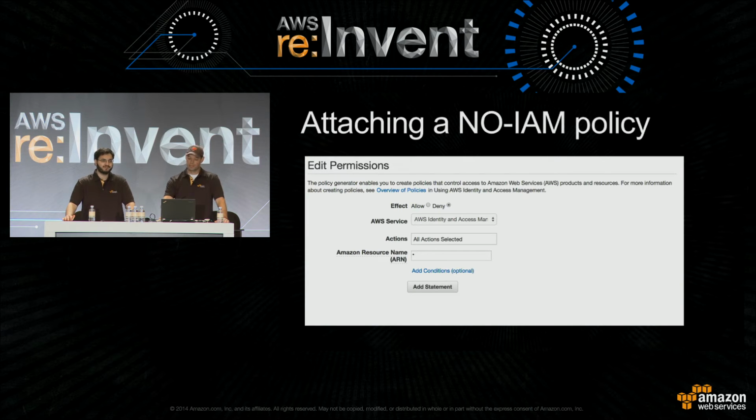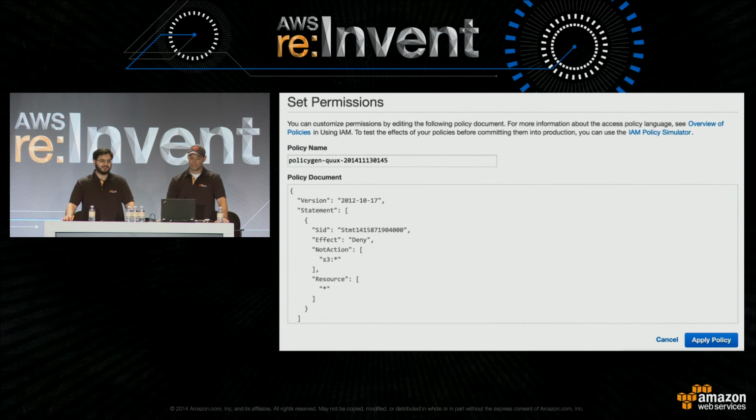And so the safest thing you can do at this point is add an additional policy, and you just click Add Policy, you'll get the policy generator, and you might either attach a policy that blocks all access to IAM, or you might set a policy that blocks all access except to S3, like the policy that we have on screen. You'll see here we're using the NotAction version of action to specifically deny everything other than S3. And we generally don't recommend that people use this as an approach to generating policies for their production environment. But this is in response to an incident. This is something that you might apply in the middle of an incident.